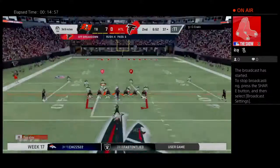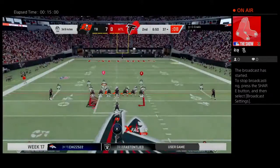Set, ready? 8, read. Target. Hey, switch